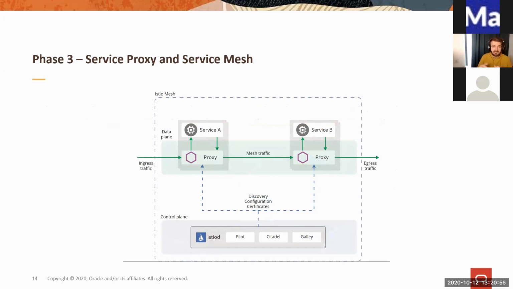Service proxy is a sidecar. It's basically something which runs next to the pod, and it's a proxy which handles all the communication with the container itself. By doing that without touching the code, we are able to abstract the complexity from the application itself, and we can handle functionalities like, again, service discovery, traffic management, load balancing. We can implement circuit breaking patterns and so on without having to touch the code itself. So this is the most popular way to do it.